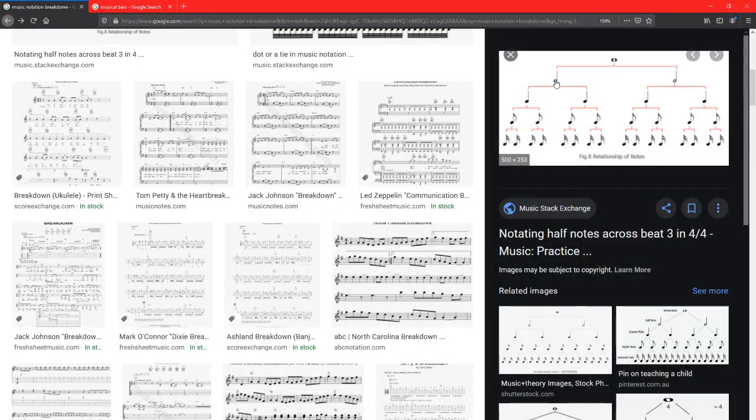A bar resets the counting. So if you were going to the whole note right here, that's what's called a whole note, you would count 1, 2, 3, 4 while holding that note. 1, 2, 3, 4. Whereas if I was going to do a half note,